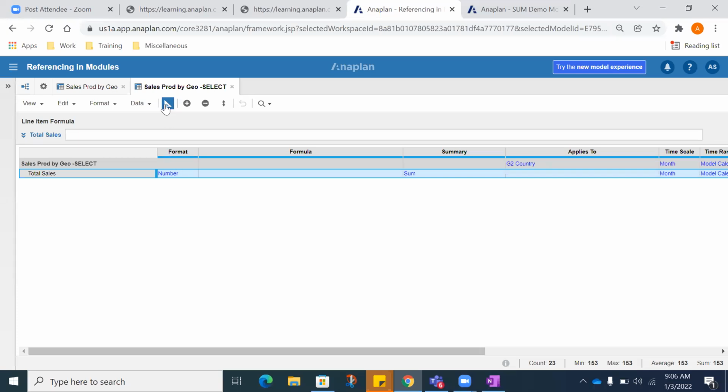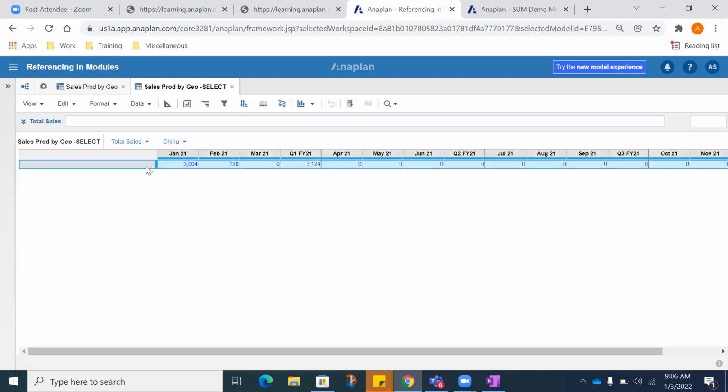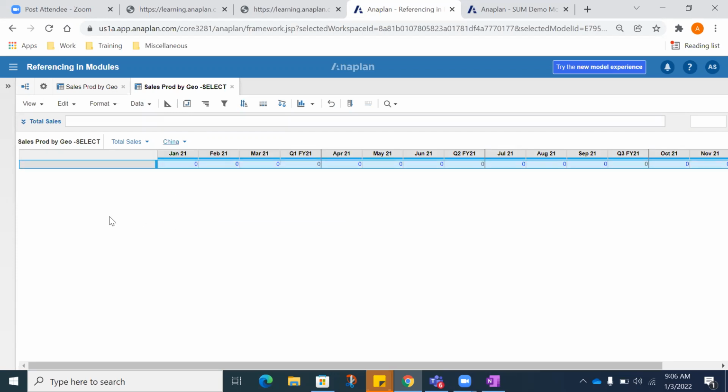Okay, and right now we have the data which are based upon the G2 countries. I just removed everything. So currently, what data I have in this module is the underlying total sales on the basis of,